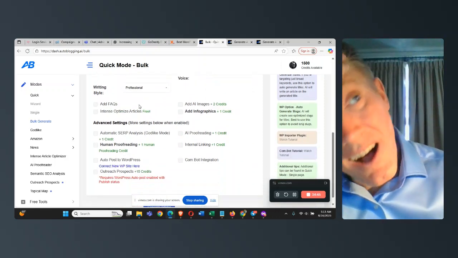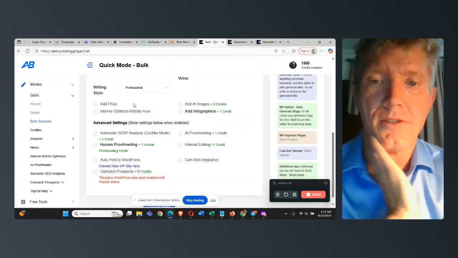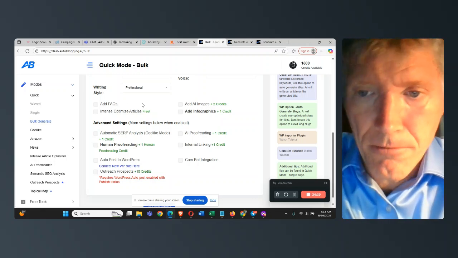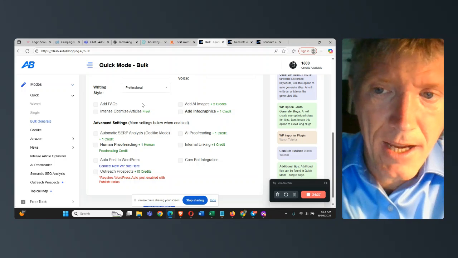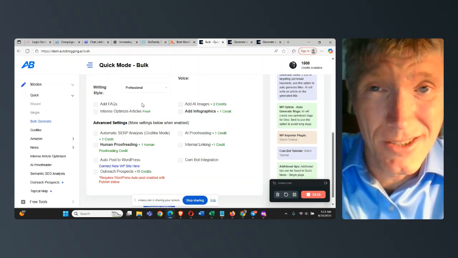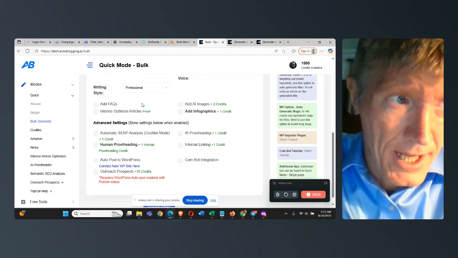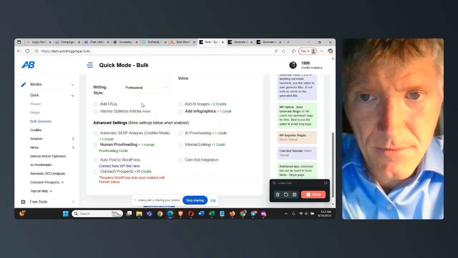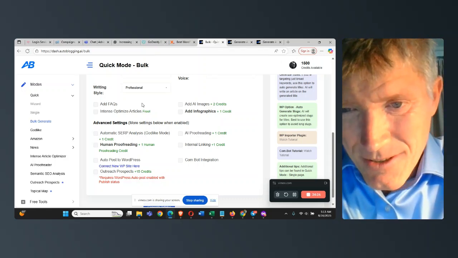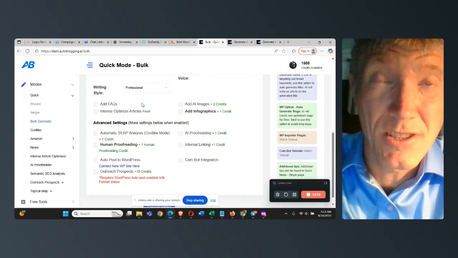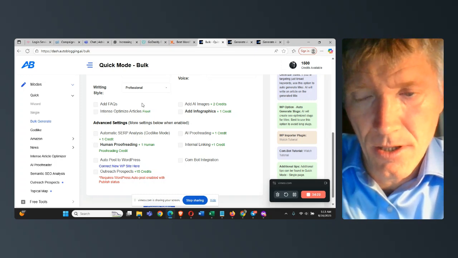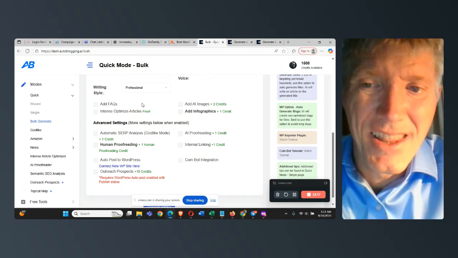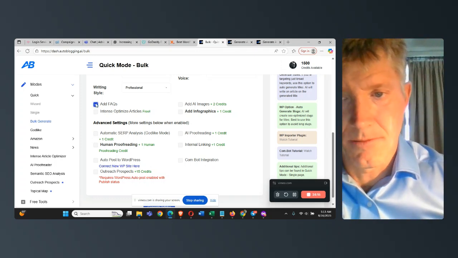FAQs. I do use FAQs unless I'm doing something about a specific company or product review. So let's say I'm reviewing the best running shoes from Nike, and it is a specific shoe called the Super Runner 1000. It doesn't do great with that. But if I'm just talking about why men need the lightest running shoes or something, then I would do the FAQ.